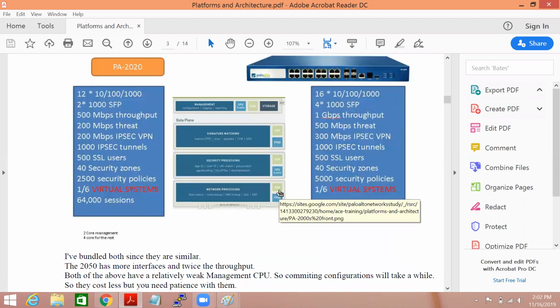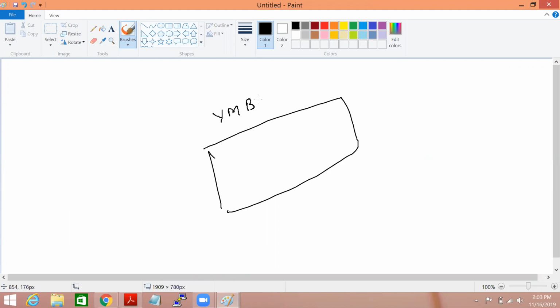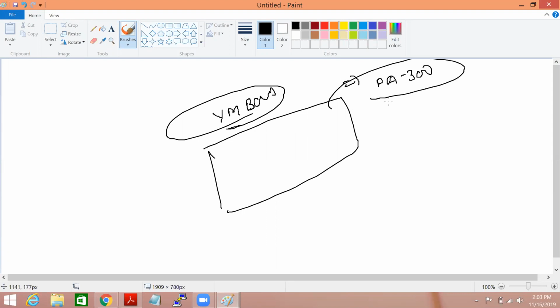Okay, there is one question for you guys. Let's say we are trying to use a VM-based machine or VM-based license. If you are using the Palo Alto VM-based model and you are trying to use PA300, how does it control the data plane and management plane? If you try to enable the PA300 license with 4 GB of virtual RAM, and you have one VM set up and try to enable it, it just gets denied.